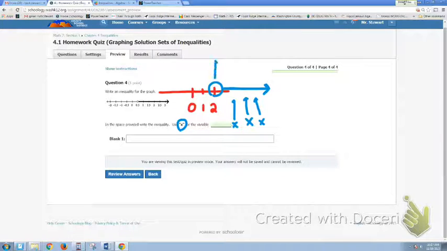Well, I'm looking at my starting point, and I know anything smaller than 2, definitely not solutions. Anything larger than 2, definitely solutions. But anything that is 2, which is just 2, is definitely not a solution. So open circle, if you're thinking about it, that means we're not going to do the greater than or equal to or less than or equal to. It's just going to be strictly greater than or less than. So I'm going to start with 2. And actually, I want to start with the variable. Variables are easy to start with. So x, all of these solutions, x,